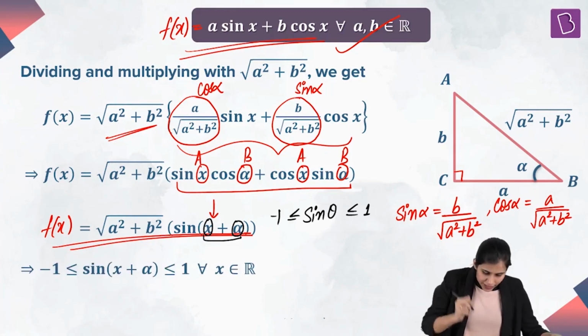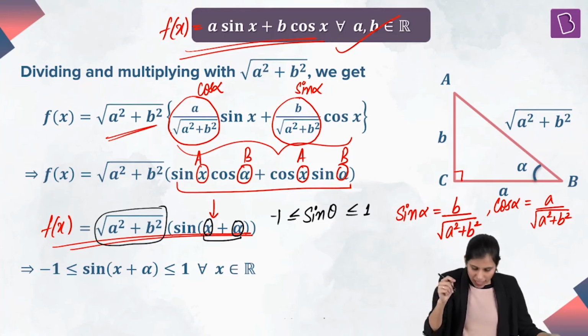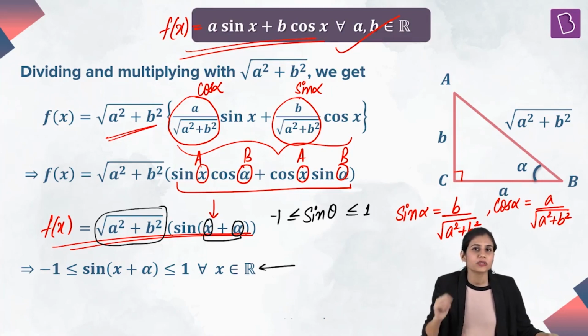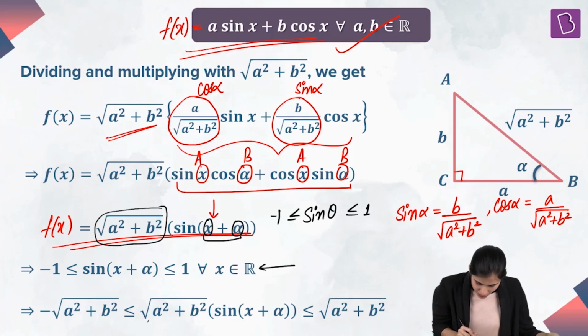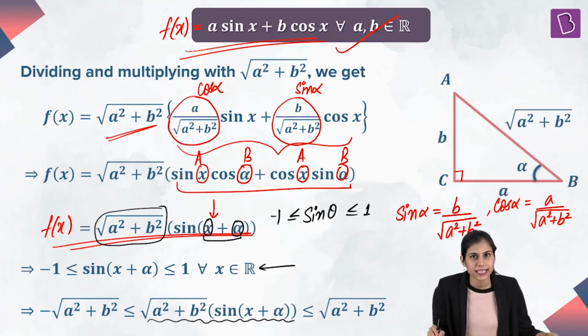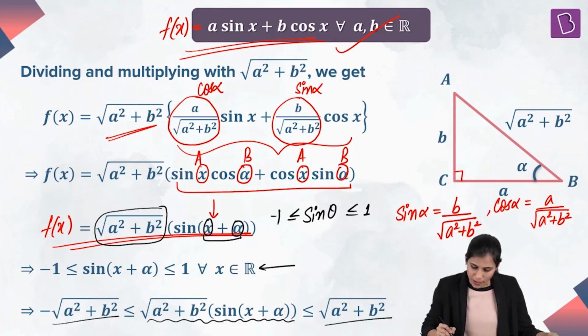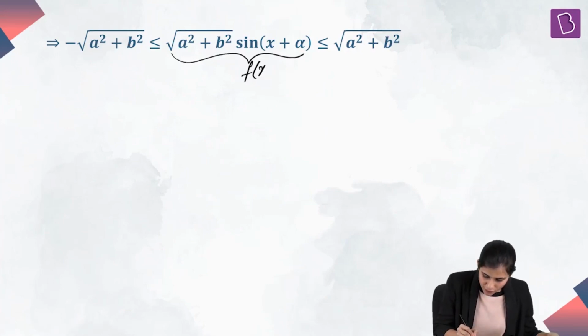Do you agree? Now I already told you under root a square plus b square is strictly positive. So you multiply throughout in this inequality by under root a square plus b square. That will not disturb the sign of the inequality because we are multiplying by a strictly positive term. What happens in the next step? You end up getting under root a square plus b square times sine of x plus alpha is greater than or equal to minus under root a square plus b square and less than or equal to plus under root a square plus b square. Do not forget, this was your f of x, originally equal to a sin x